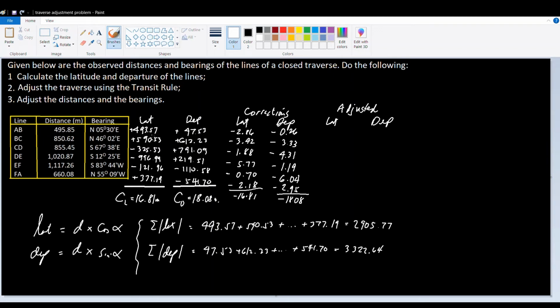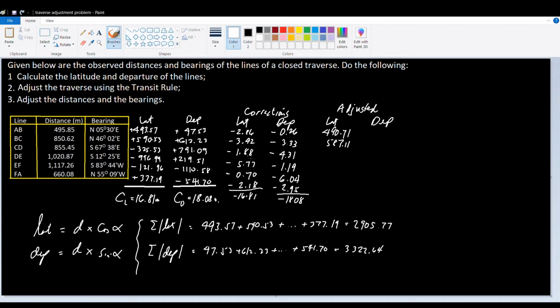So for AB, it is 493.57 minus 2.86. And that should give us 490.71. 590.53 for line BC minus 3.42 is 587.11. Next, negative 325.53